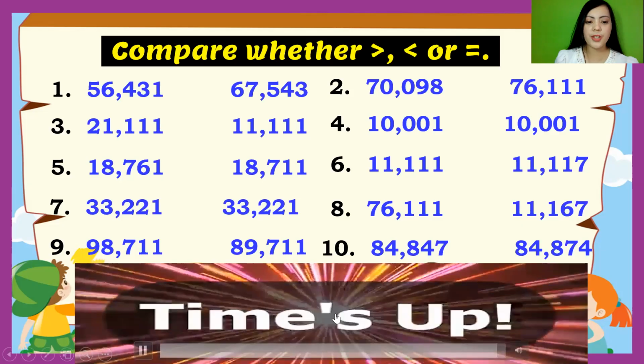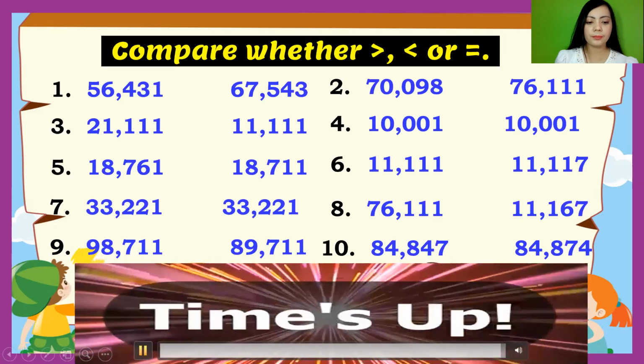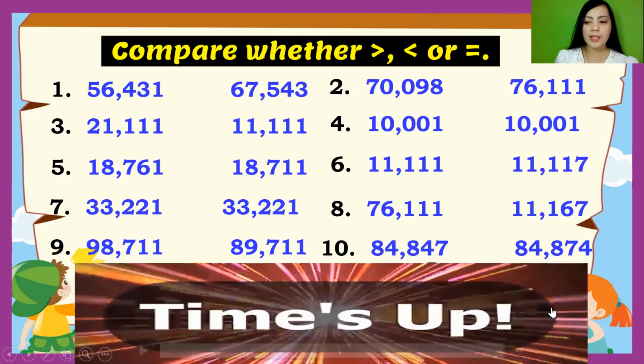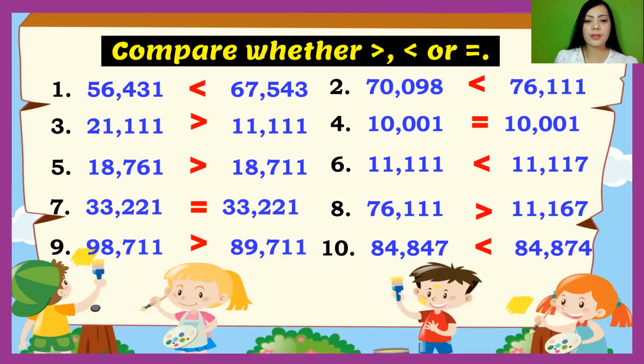Time's up. Now let's see the answers. Okay, are you done? I hope you're done. This is very easy. All right. So these are the answers. Number 1, 56,431 is less than